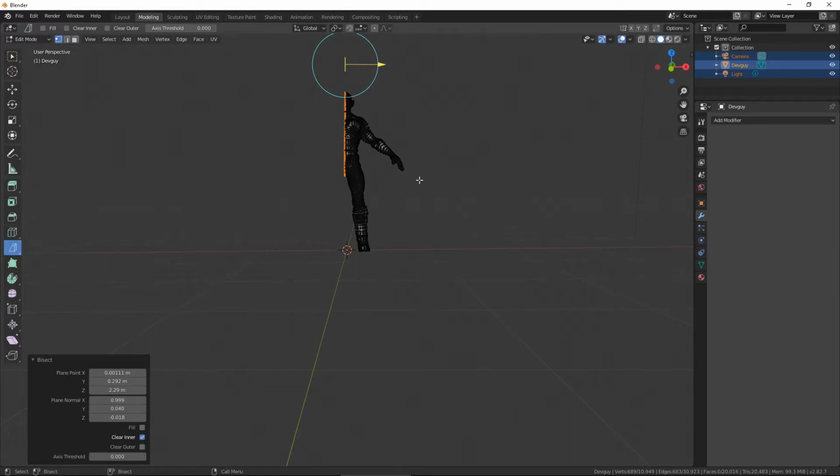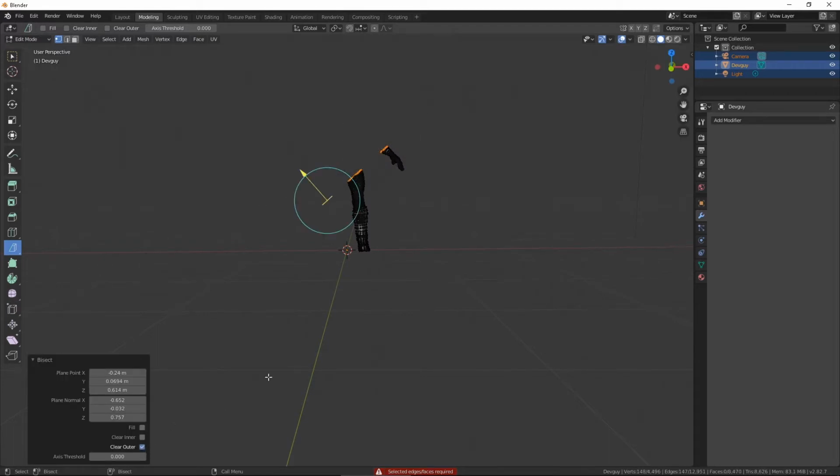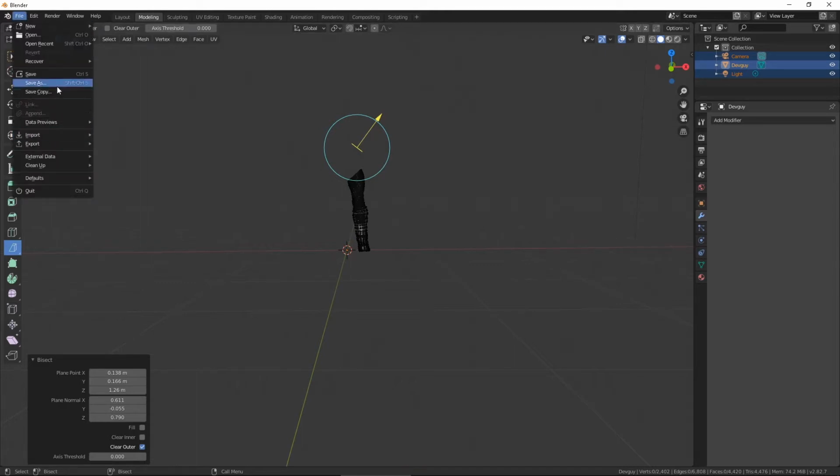So we just need to go back to the bisect and do another couple of little chops. Again, select all, chop chop. So we're not making watches here, so it doesn't really matter how much of the leg we actually have in here, as long as we have enough to look like something's been chopped off. So I'm happy with that. That looks like a full leg. So just go to save, export, FBX,